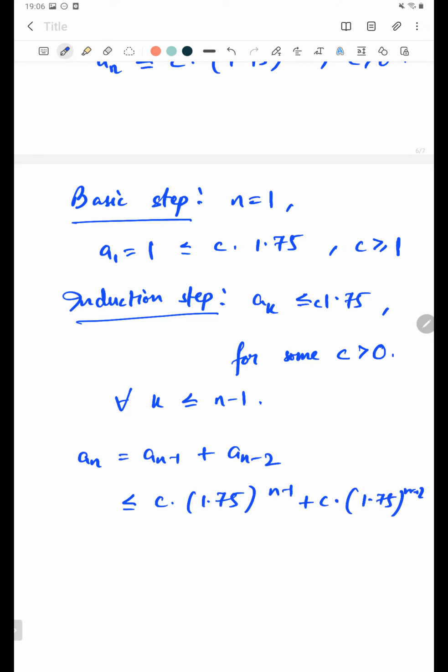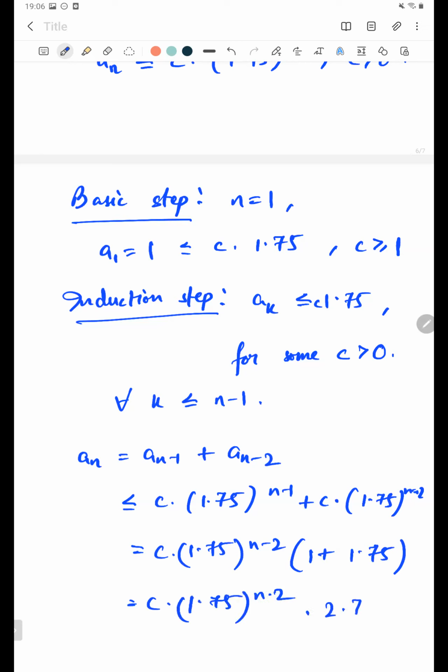And this is equal to c times 1.75^(n-2) times (1 plus 1.75). So we have c times 1.75^(n-2) times 2.75, which is clearly less than or equal to